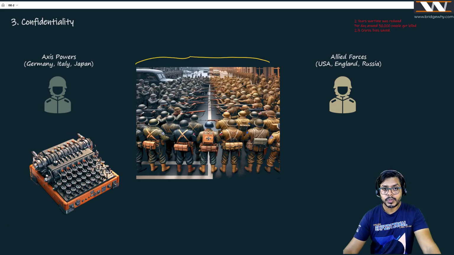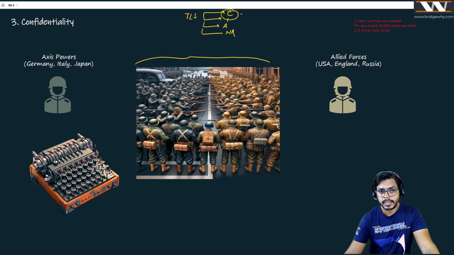Right? So overall, what are we studying? We are studying TLS. To understand TLS, there are four different things: confidentiality, integrity, authentication, and non-repudiation. We are starting with the confidentiality piece. To understand why confidentiality is so important,